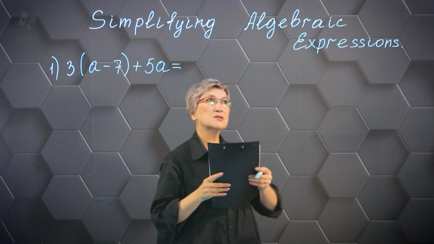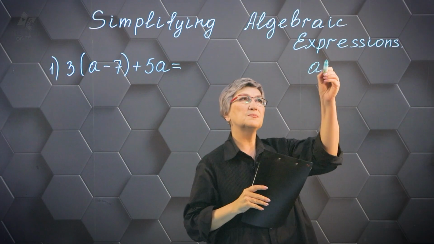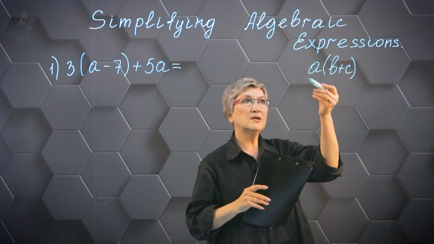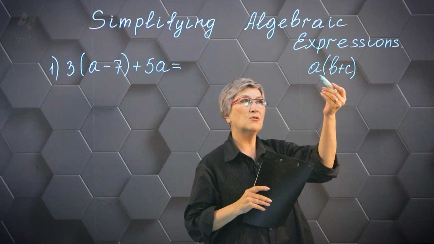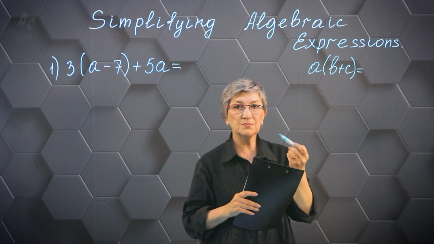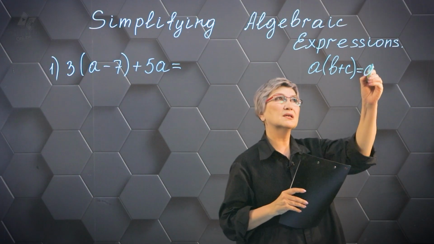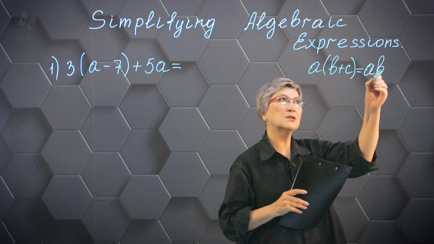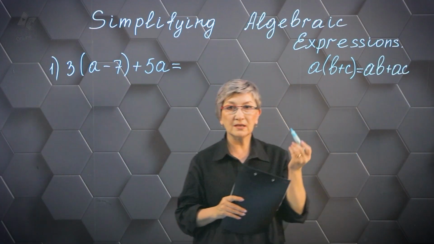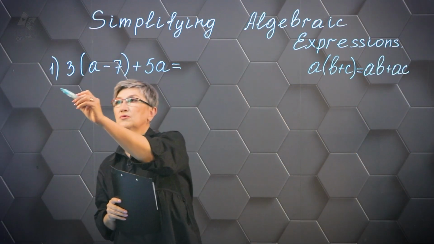What is this property? It's the distributive property. And it looks like this. So in this case, I can write this expression without parentheses. And then I'd have to multiply a by b, and a times c. Using this property, the result is that we have